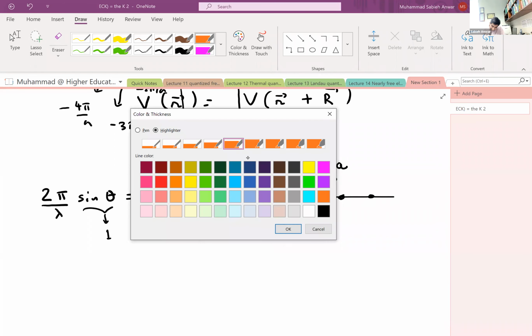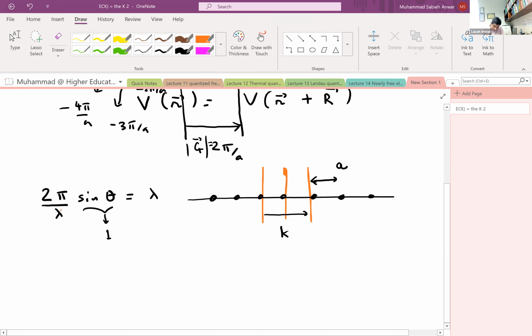Excuse me, I'm just trying to figure out a few things. So this is not lambda, sorry. So 2d sine theta. I need to have 2d sine theta. d here is